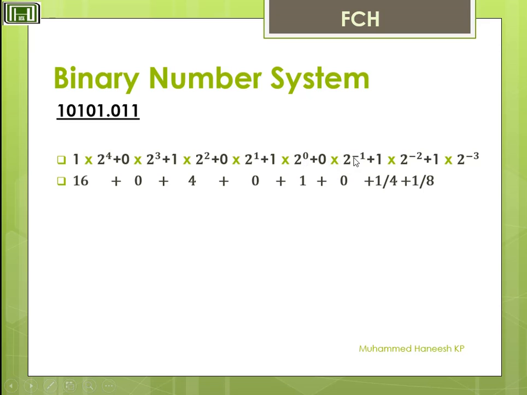Then 0 into 2 raised to minus 1, that is 0. Then 2 raised to minus 2, you can write like 1 by 2 square, that is 1 by 4. Then plus 1 into 2 raised to minus 3, that you can write like 1 by 2 cube, that is 1 by 8. Now see, 16 plus 4 plus 1 plus 1 by 4 is 0.25, then 1 by 8 is 0.125. Add all these values, you will get 21.375, which is the decimal number corresponding to the binary number